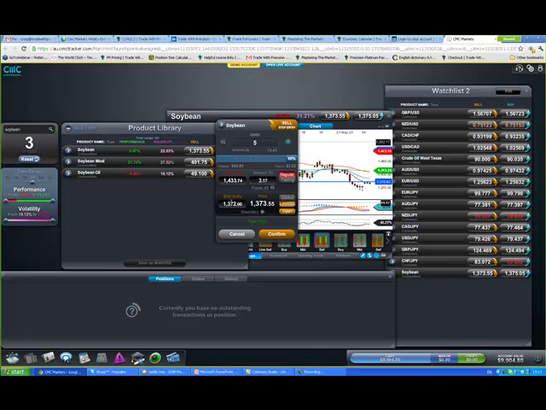Okay, so we put stop entry in there because as it breaks down through that candle, we want to get triggered into the trade. Okay, so we've come down, we've hit this button here, limit, put in our level, stop entry. Another great thing about the CMC platform is this boundary.